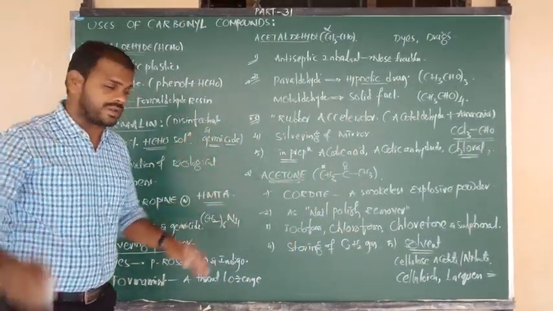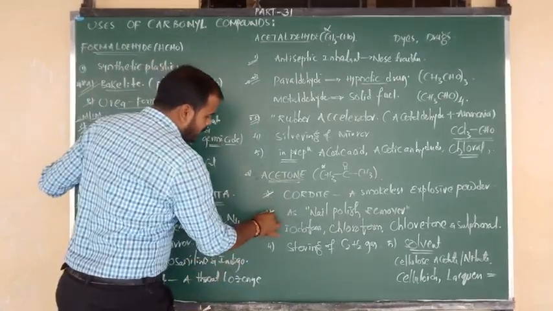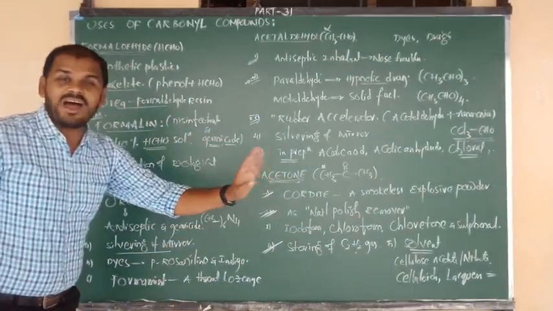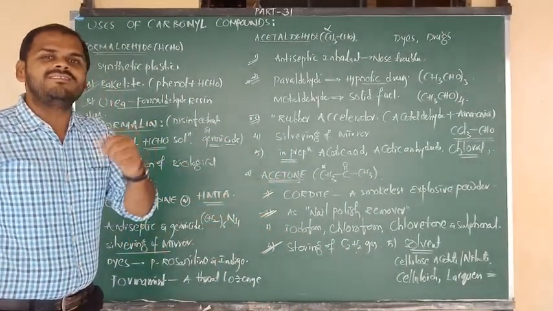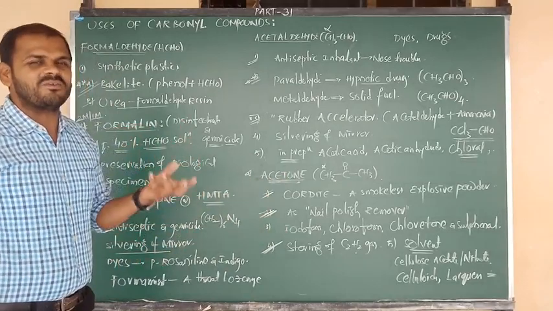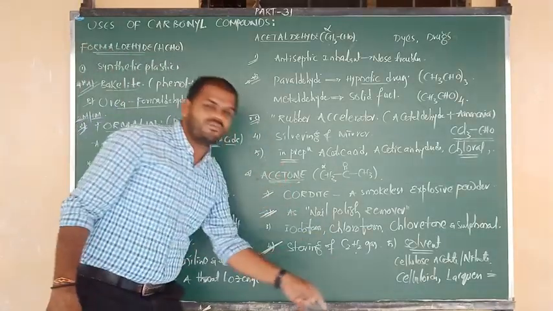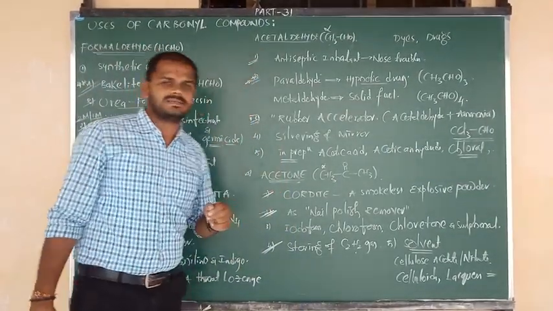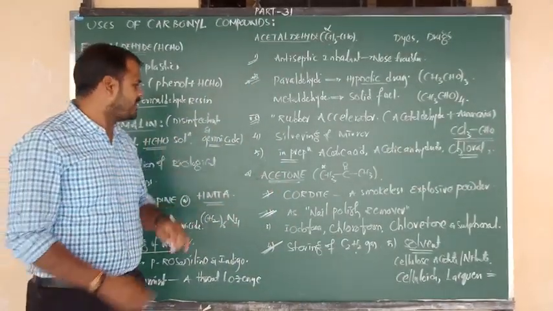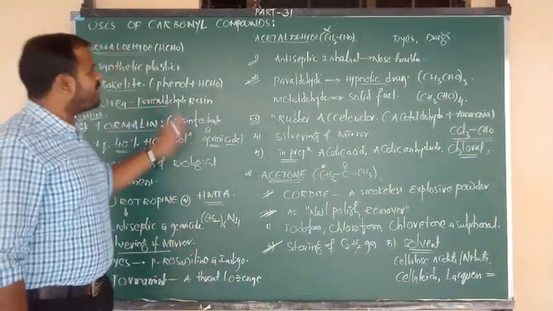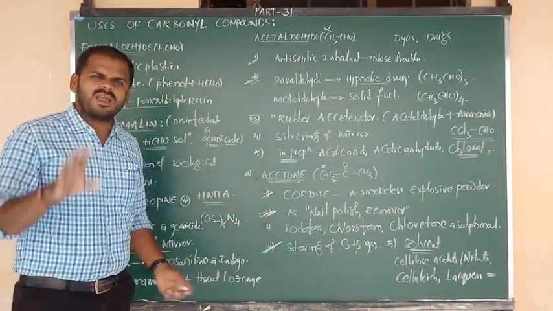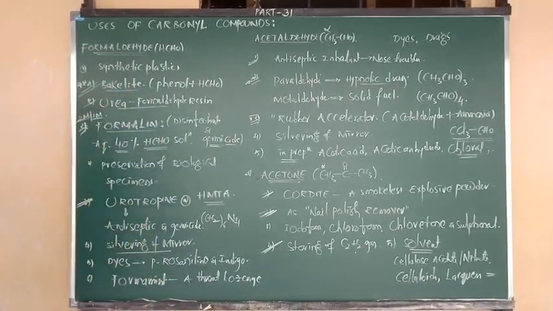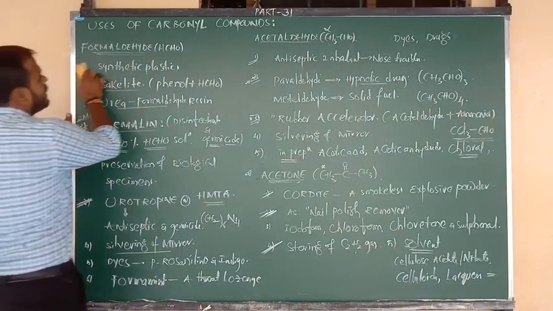Here also you have to focus on three things. One is cardite, one more is nail polish remover, and one more is storing of acetylene. But acetone is not used in silvering of mirror. Yes or no, beta? Because only aldehydes are positive; ketones are negative for the Tollens test. So it cannot be used in silver mirror. Only formaldehyde and acetaldehyde. Okay now, beta? Right. Next point I am going to tell you: formaldehyde, acetaldehyde, acetone, and one more important compound, that is the aromatic aldehyde. What is an example of an aromatic aldehyde? Simply we can say benzaldehyde.